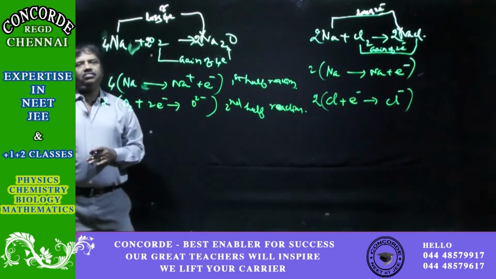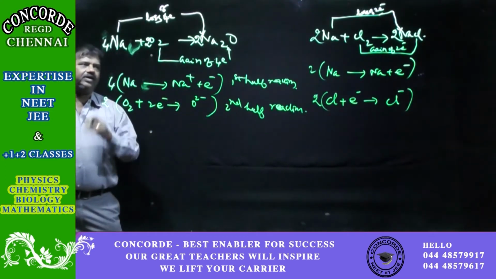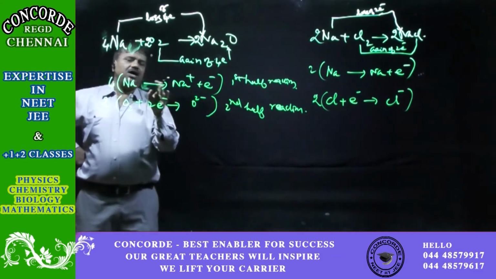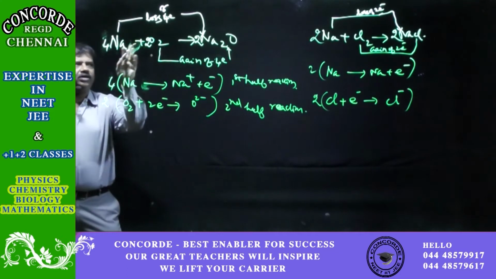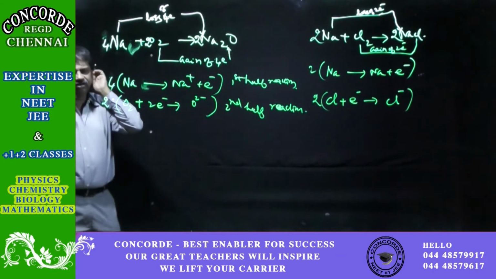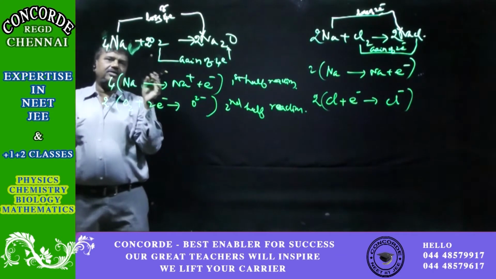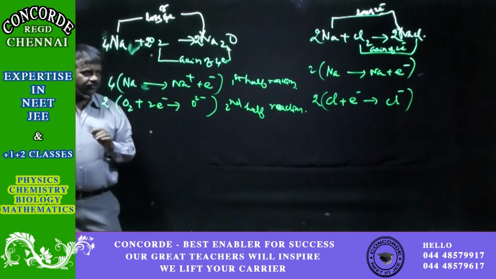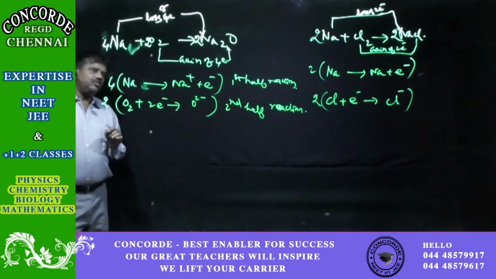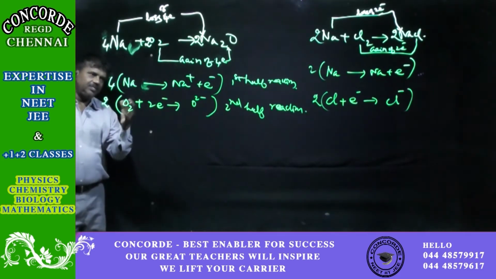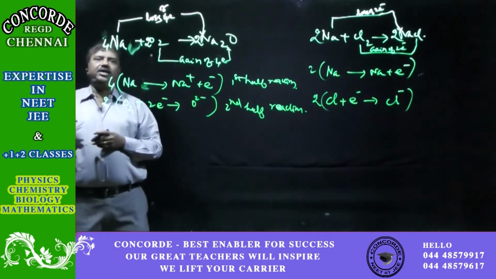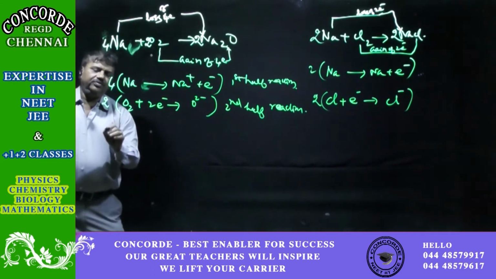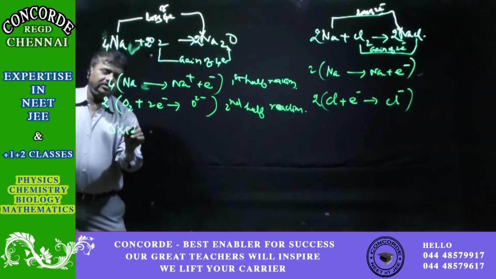So this is the explanation of electron transfer by two sets of half reactions. And the half reactions are to be balanced to get the final stoichiometric equation. The total number of electrons gained or lost are to be written like this. Okay, so we are now saying it in terms of electropositive, electronegative and things like that, but there can be a more possible explanation by introducing the concept of oxidation number.